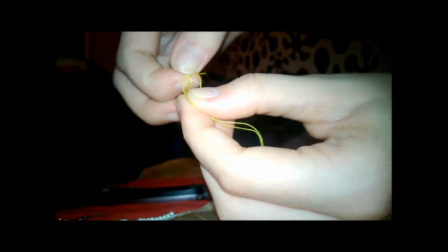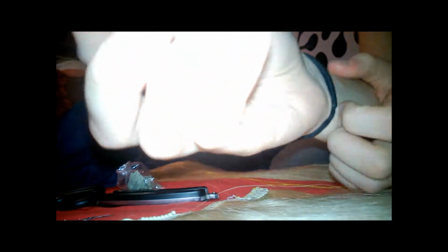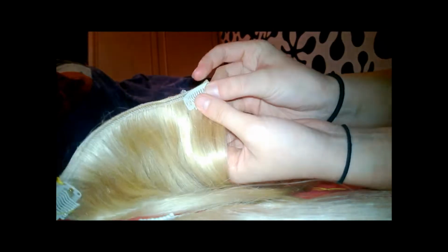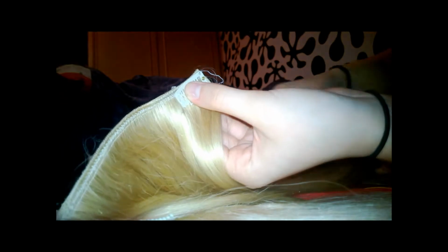And then the end here, I'm just going to tie a knot. This is just a simple knot. Okay, I'm just going to pull that there. Okay, so that's my needle. And then I'm just going to get one of these clips out of here. This is an 8-inch piece, so I'll put 3 clips across, but I'm going to do the 2 outer pieces first. So I'm going to place my clip on the end like so, and then